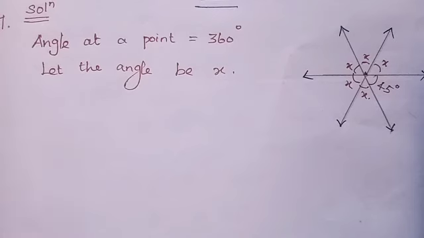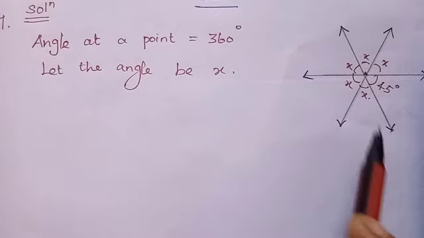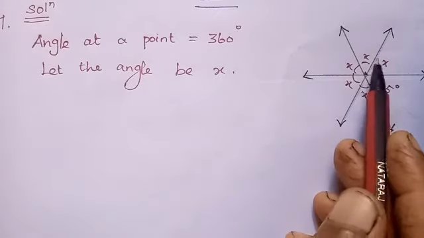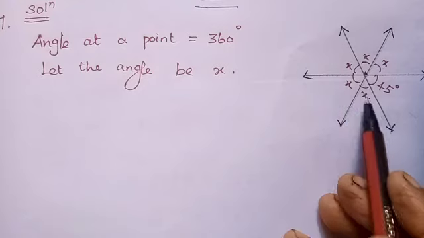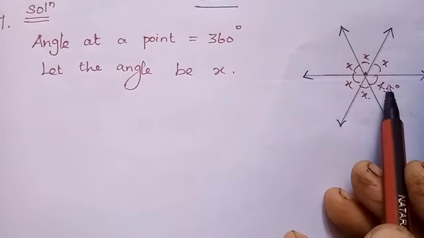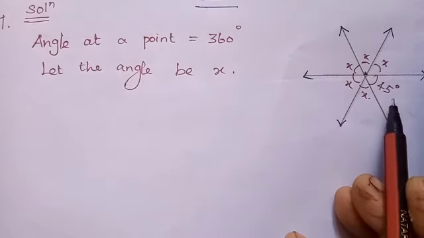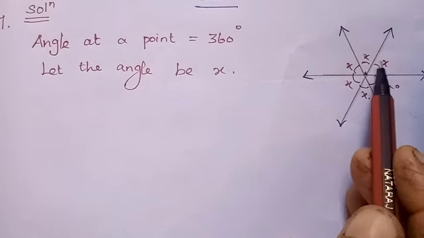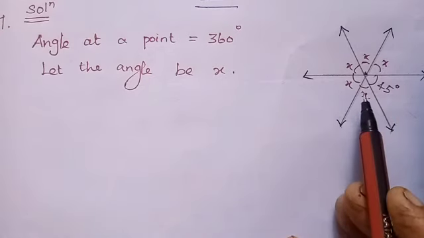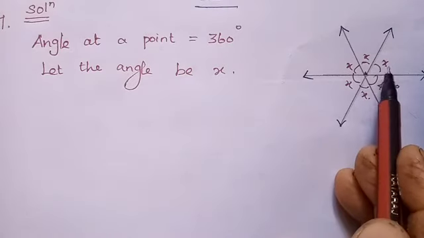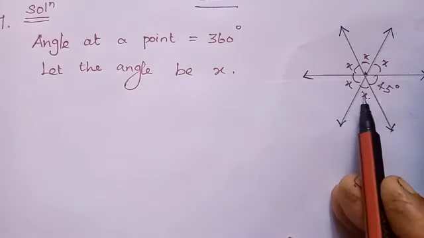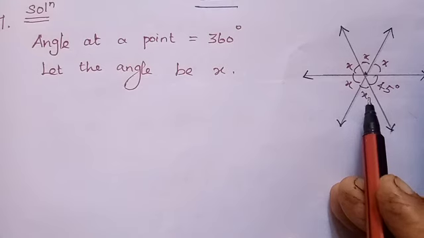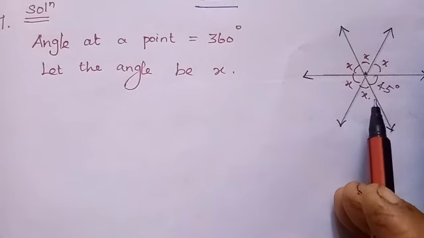Listen to the solution of question number 7. What is given in the question? There are 6 angles at a point. Here this is the point. Here 6 angles: 1, 2, 3, 4, 5, 6 angles are there. Also given, one of the angles is how much degree? 45 degree. Then the remaining 5 angles are equal. So if one angle is x, the remaining 4 angles are also x, because what is given in the question is that the remaining 5 angles are equal.